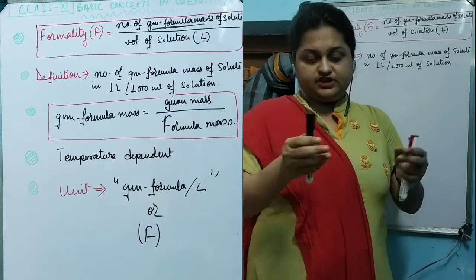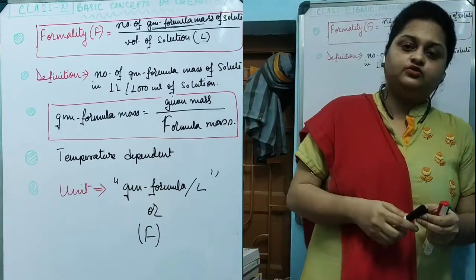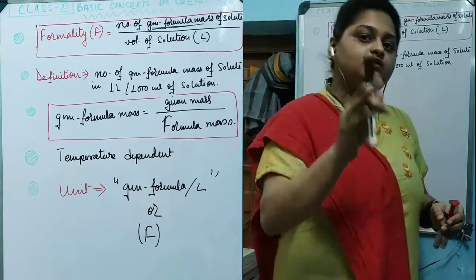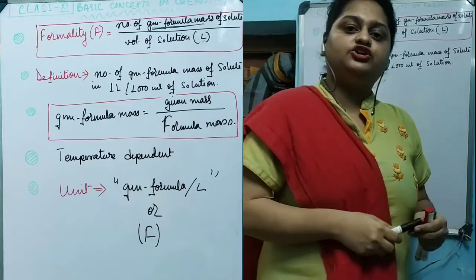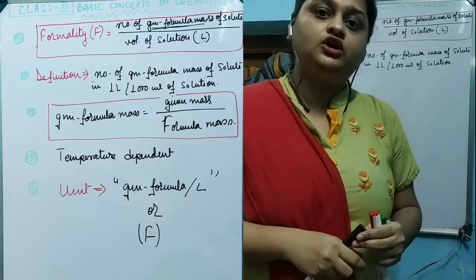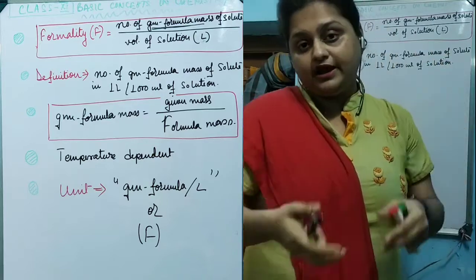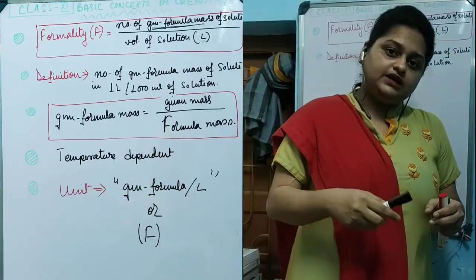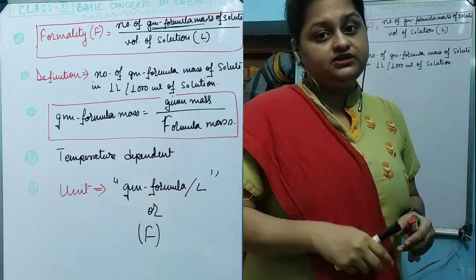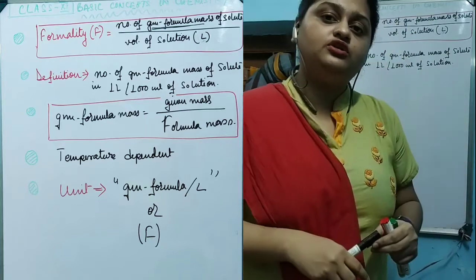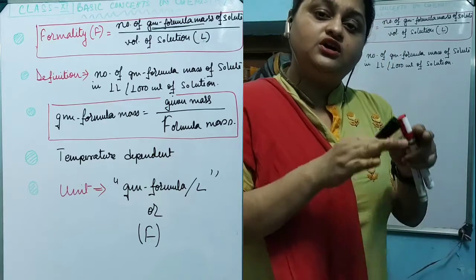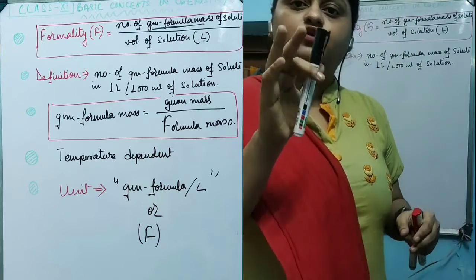For a crystalline substance like sodium chloride, let's take an example of sodium chloride. The crystalline solid form of sodium chloride does not contain a single molecule. Instead of a single molecule, there exists an aggregate of sodium chloride molecules. So you cannot apply the concept of molecular formula in the sodium chloride crystal solid. You can apply the molecular formula NaCl for a single sodium chloride molecule which is in the air, but not when it is in the crystalline solid sodium chloride. You cannot apply this molecular formula term.